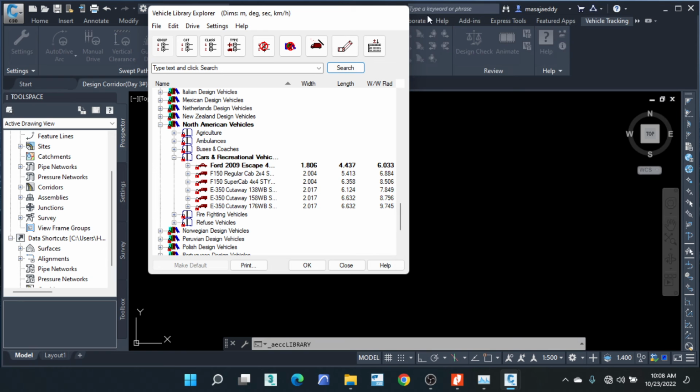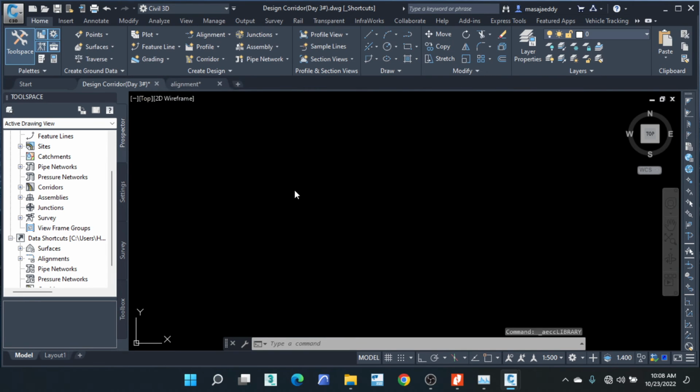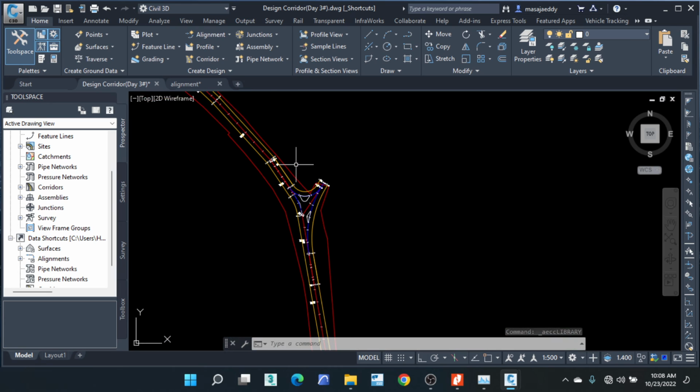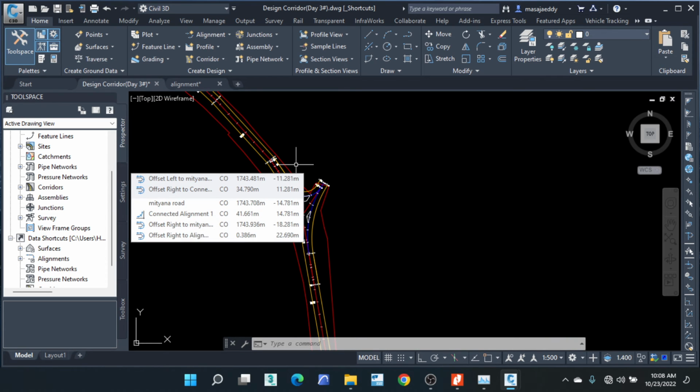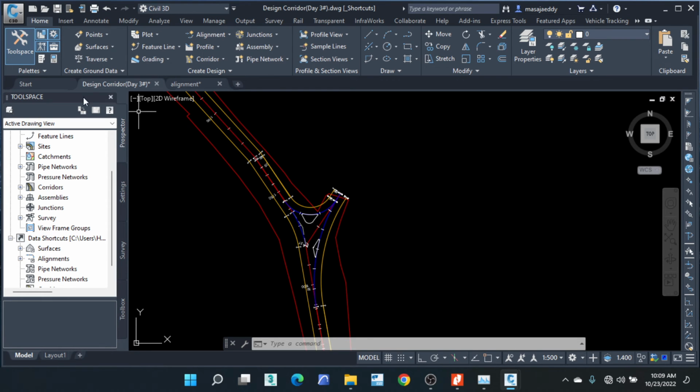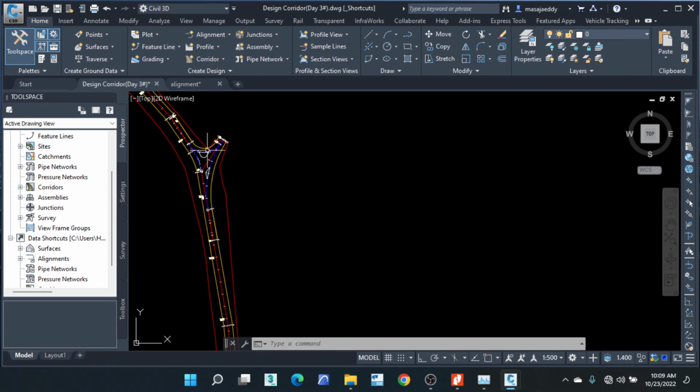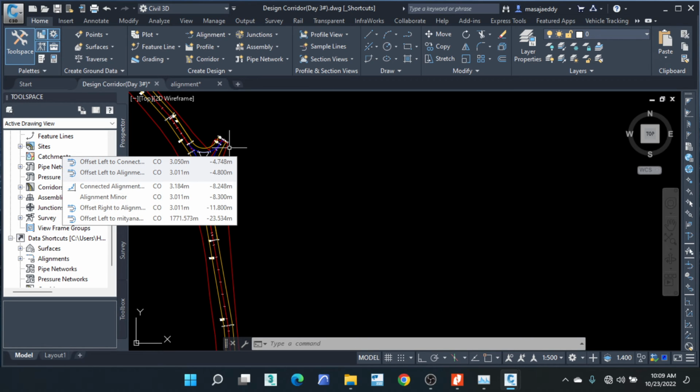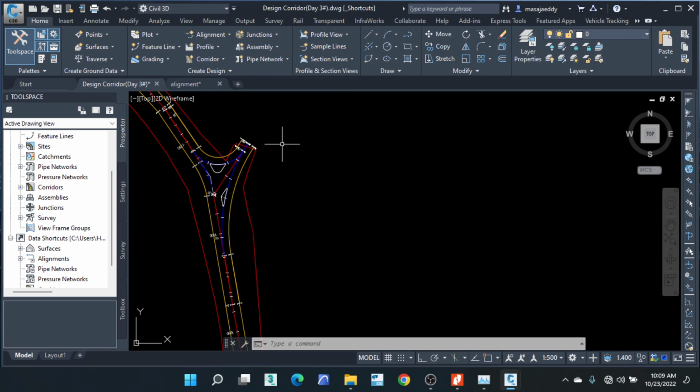So, any questions besides parts of vehicle tracking? I hope everyone has now the cars, right? You can move on. So the next part is going to be making corridors. You know what it takes to make corridors. There's creating profiles, then there's creating assemblies. Now, instead of making assemblies from scratch like we did yesterday, which was a very long session, we are going to just use the basic assemblies that we have to create